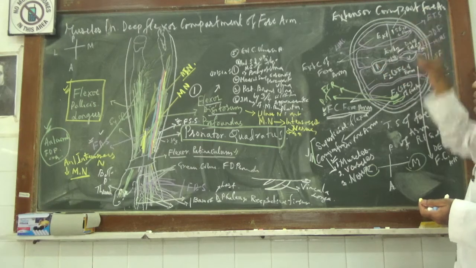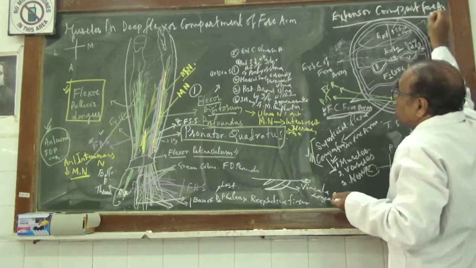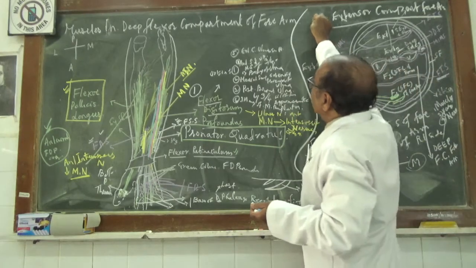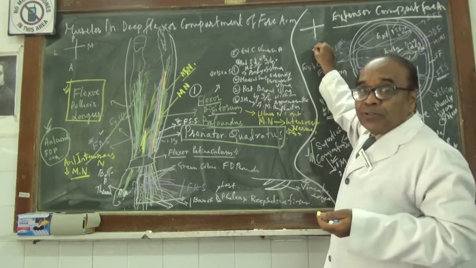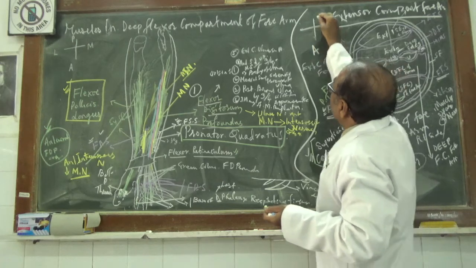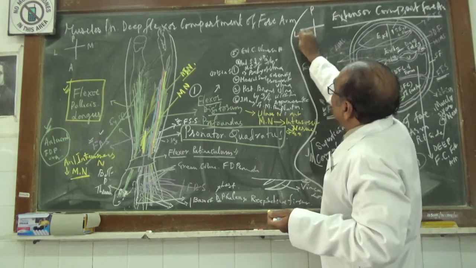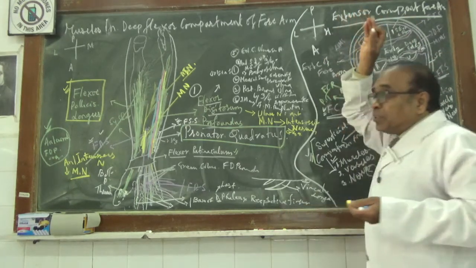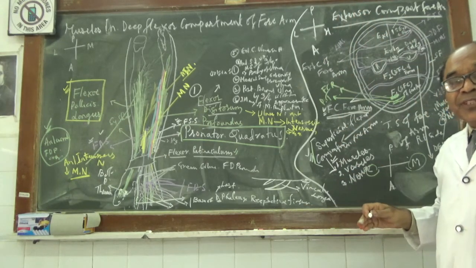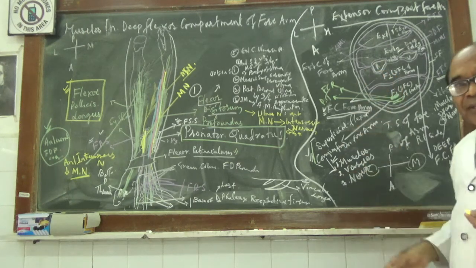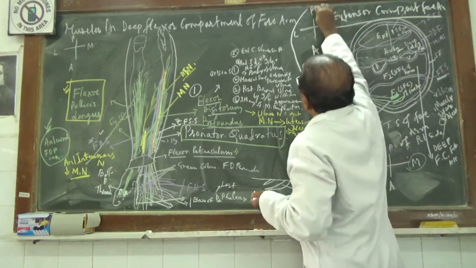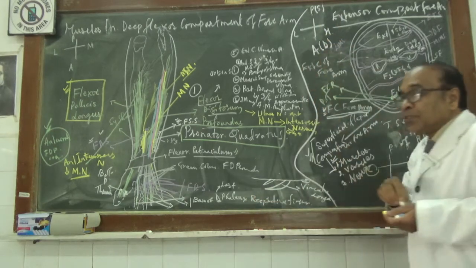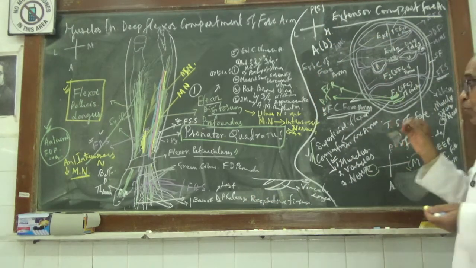So when you are dealing with the extensor compartment, one has to remember a diagram like this. This will be anterior, this will be posterior, this will be lateral, this will be medial. When dealing with the extensor compartment, the one at the back portion of the upper limb, this posterior may be said to be superficial and this anterior may be said to be deep. That's all you have to remember.